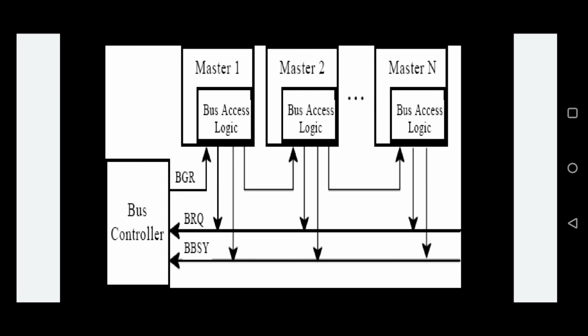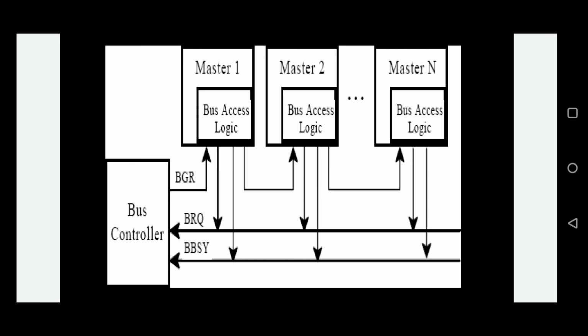In this daisy chaining method, I will note a few important points. It needs a bus controller to monitor the bus busy and bus request signals. Thus the controller will monitor the bus request and bus busy signals, and the bus controller will send a bus grant to a master. Each master either keeps the service or passes it on.